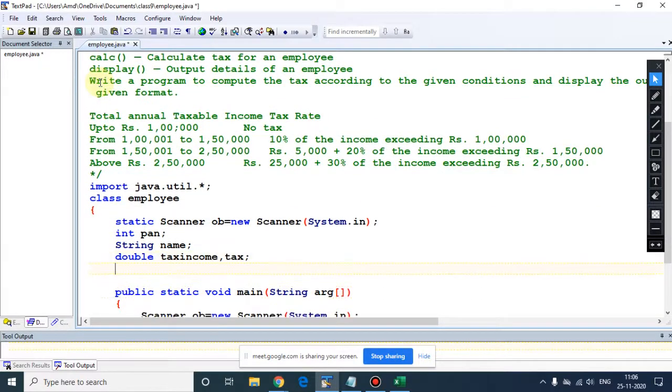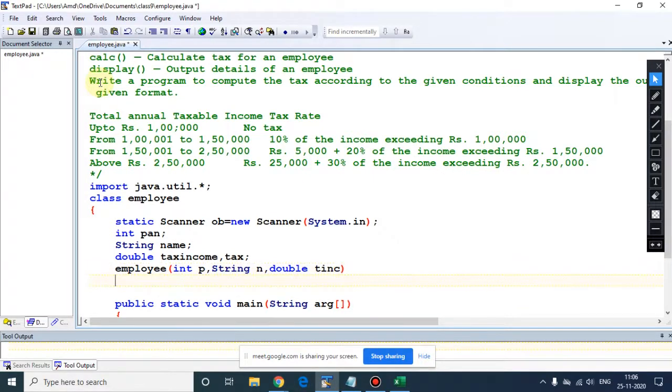After that we need to declare the constructor, with P for PAN, N for name and T income, and now we need to store.